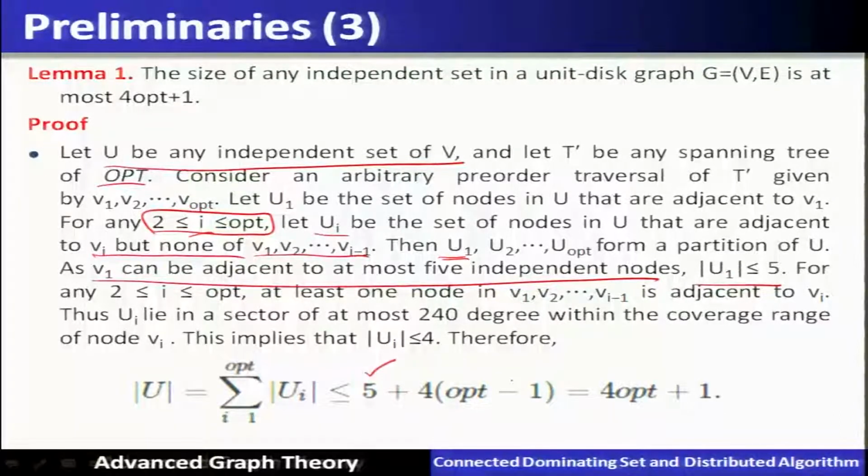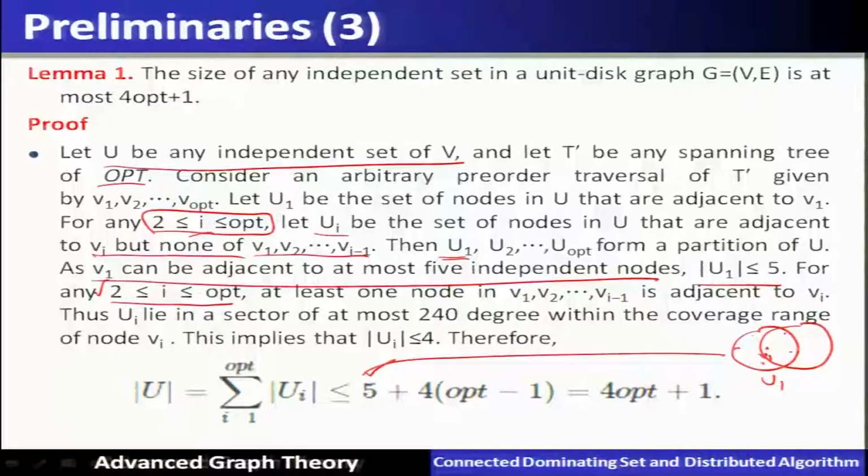Now for i more than 2, this is U1. So all 5 we have included, there can be 5 different nodes, this is V1. Now we will include V2 which will communicate with V1,